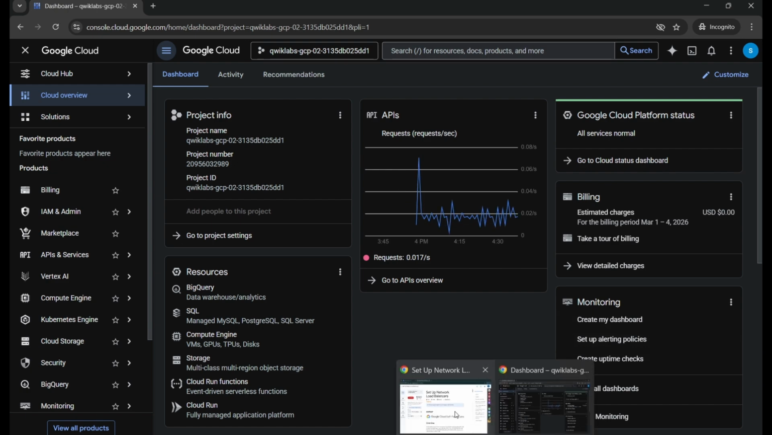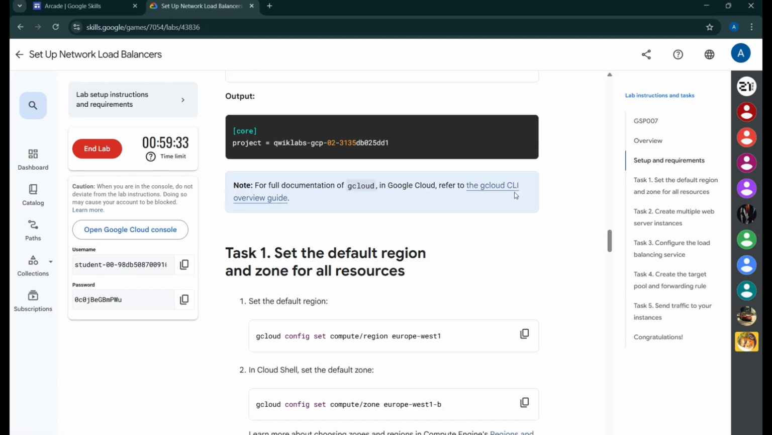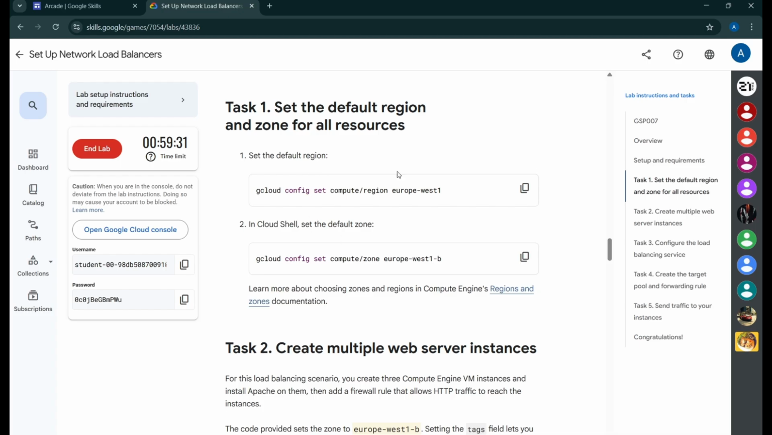नेक्स्ट यहाँ से ट्यूटोरियल को क्लोज करके हम यहाँ वापस आएंगे ऑन टू द टास्क वन। फर्स्ट हम इन दो कमांड्स को रन करेंगे जिससे हमारा रीजन सेट होगा। कॉपी दिस।